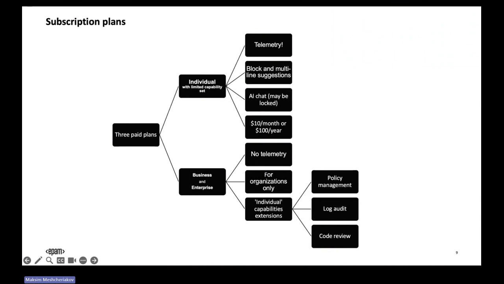And also there are two kinds of corporate plans. It's business and enterprise with an extended set of capabilities. For example, code review capability, local audit, so it may be very useful in a real project. But for sure, you can't use the business plan and enterprise plan on your own. Only the